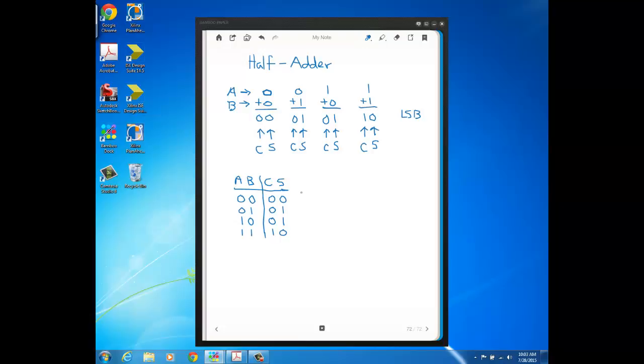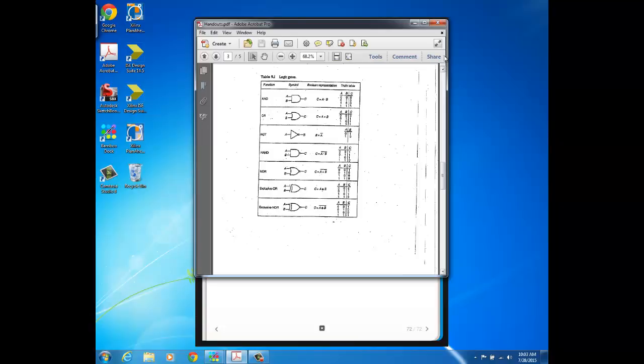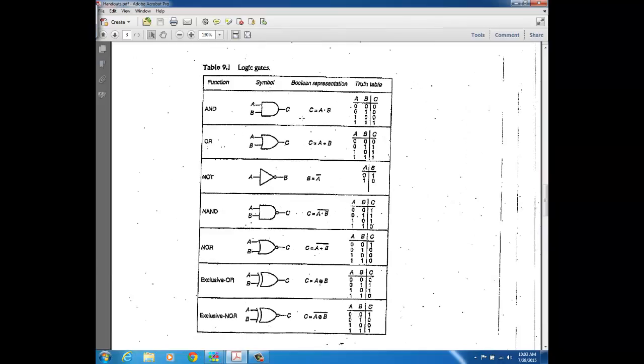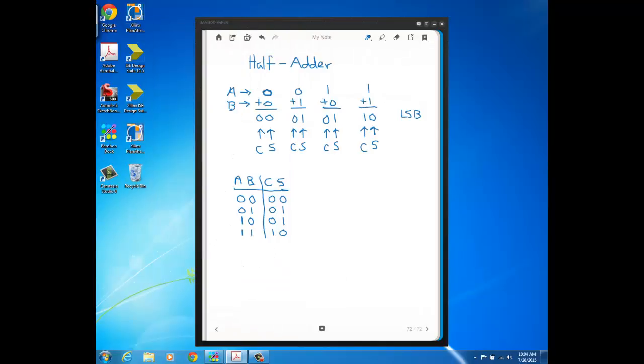And now once I put the rules into the truth table, I can come up with the logic circuit in a simple small truth table like this by just looking at each output separately and comparing to how it relates to the inputs. So here if I just look at output C, you can see that output C is only a 1 when both inputs are 1. Well, if you remember from our previous discussion, and let's bring our summary of logic gates here, that's an AND gate, right? An AND gate will give you 1 out only when both inputs are 1, otherwise the output is 0. So what we can do is just take an AND gate